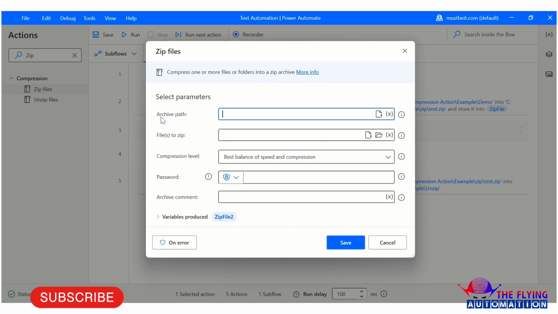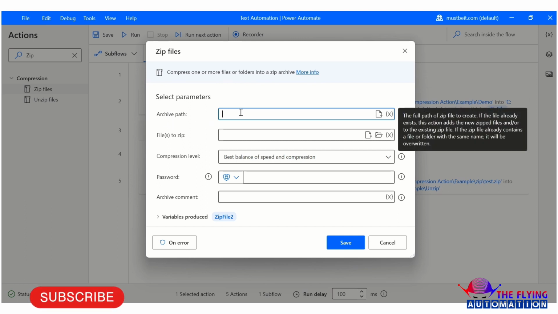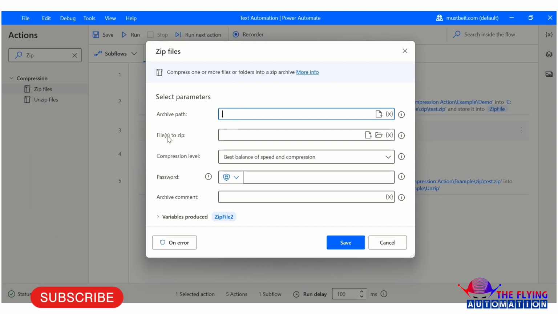First parameter is Archive path. In Archive path you can mention the full path of the zip file to create. If the file already exists, this action adds the new files to the existing zip file. If the zip file already contains a file or a folder with the same name, it will be overwritten. And in the File to zip parameter, you can mention the full path of